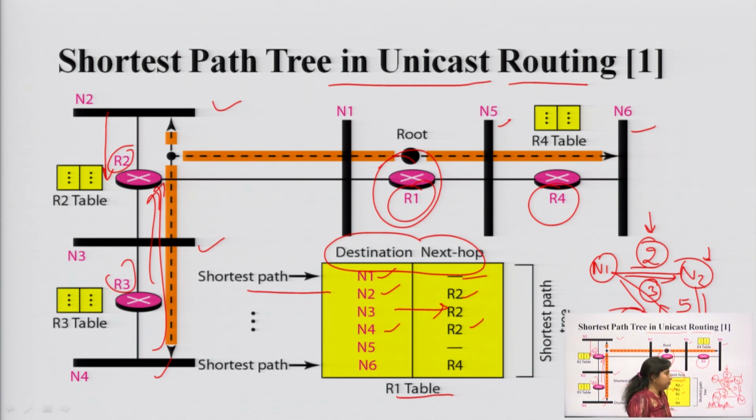And also, when we are transferring the data in Dijkstra's algorithm, two types of tables are considered. The first one is the tentative list, and the second one is the permanent list. Whenever I have to take a decision, I have to enter the particular entry in the tentative list. When that particular path is fixed, then it has to be entered in the permanent list. So, this is how Dijkstra's routing algorithm will be decided.